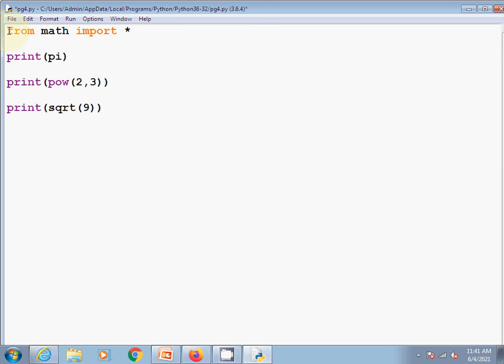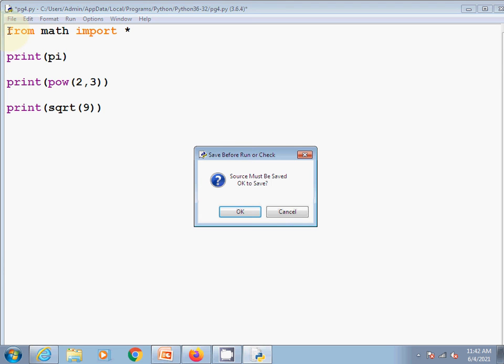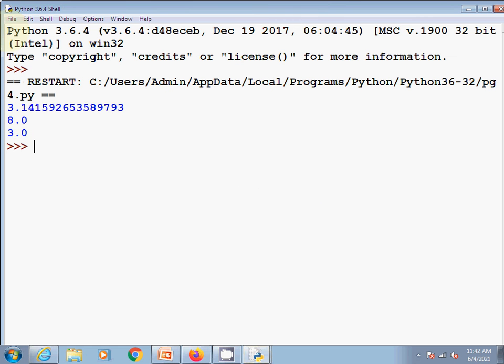I am accessing three functionalities here: pi, pow, and square root. Three functionalities I am accessing here without using the module name at the time of accessing. Okay, see the output. See, all three functionalities have been accessed.